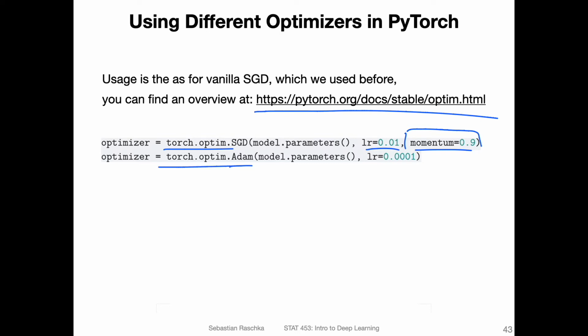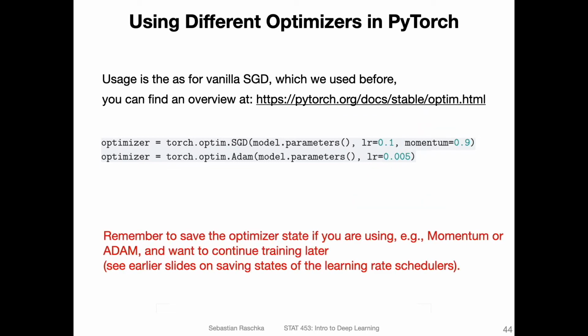For Adam, I usually don't do anything. I usually use a learning rate of 0.001 or 0.005. These usually work well for me, but again, it depends on the problem. I recommend also exploring some different learning rates, but most of the time something like 0.005 works well for me. And it's sometimes also easier to find a good learning rate with Adam compared to SGD. With SGD, I have to try out many more things to get it to work, whereas with Adam, usually multiple learning rates can work well in practice.